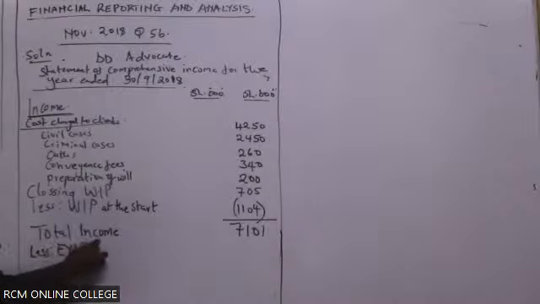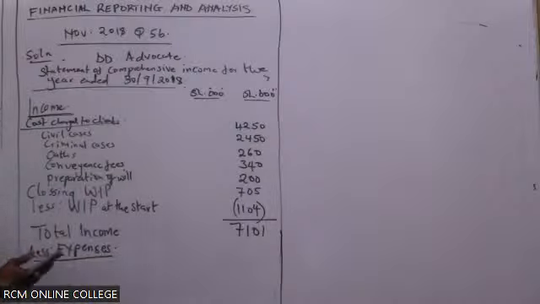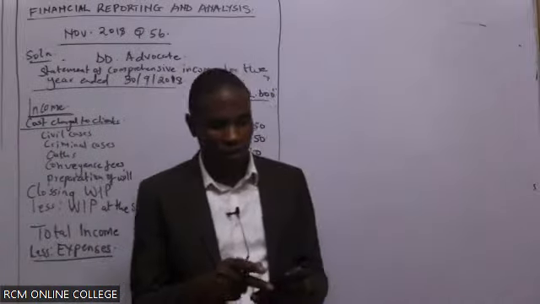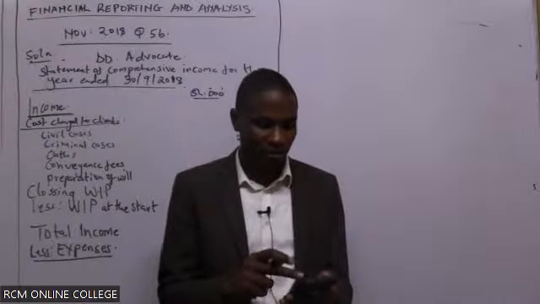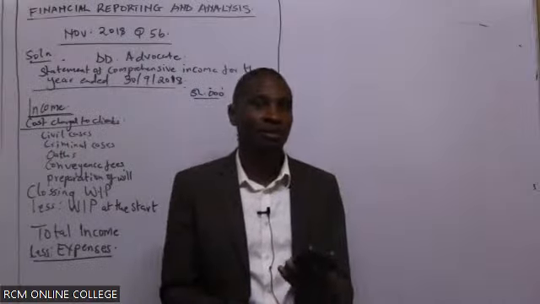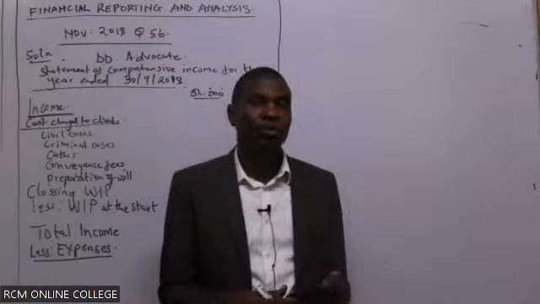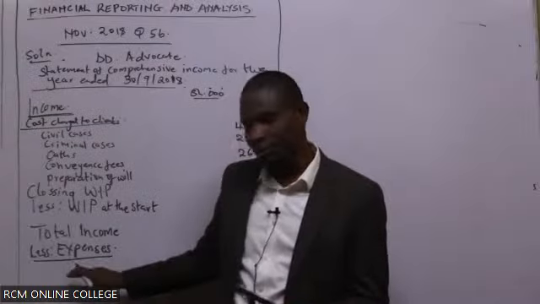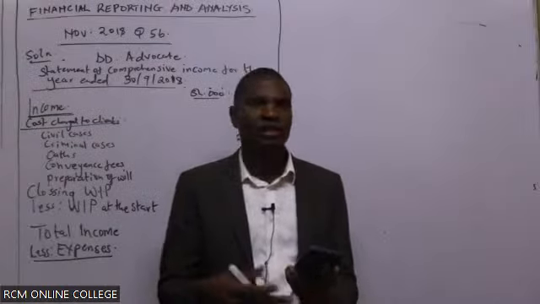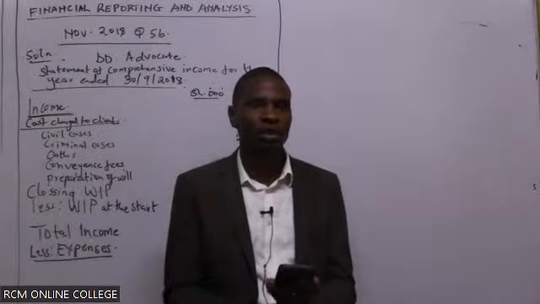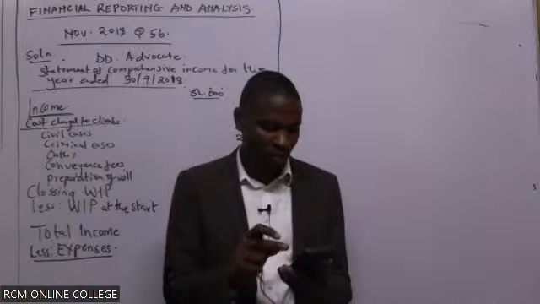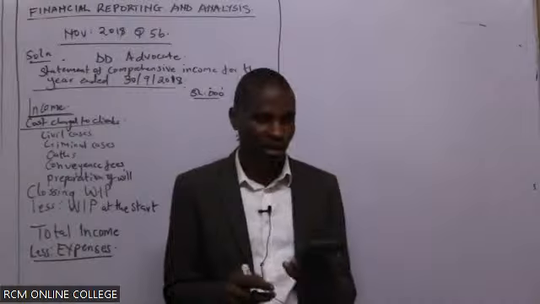Less expenses. Now for me, I can start with an expense that is prone to be forgotten. That is the way you do to make sure that you maximize the number of marks that you'll get. When you write these expenses, there are those items that may slip, and you forget them. Those are the items that you start with. And in most cases, I like starting with the item in the additional information.